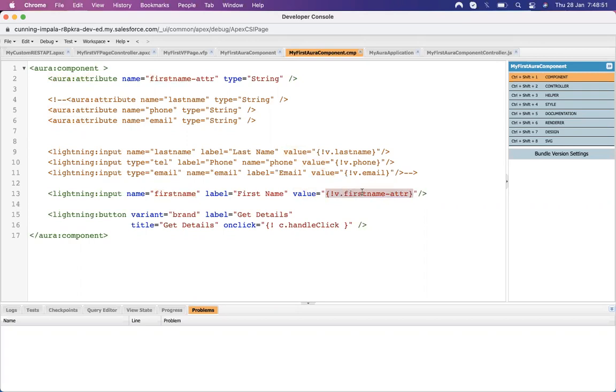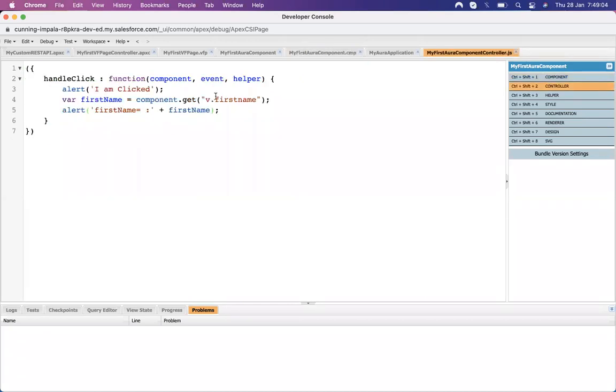I bind this attribute to this input field, so whenever I enter anything inside the input field, that entered value is held by this attribute, and I can use that attribute in order to get the field value.